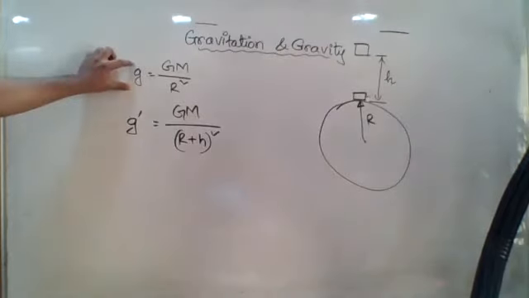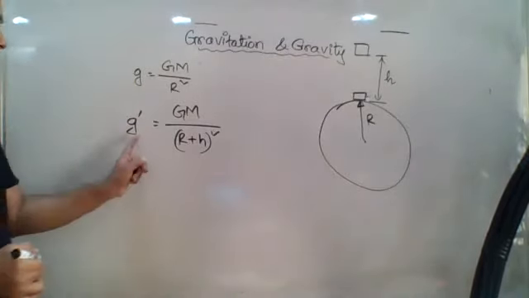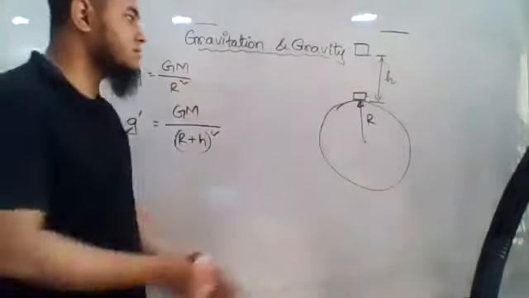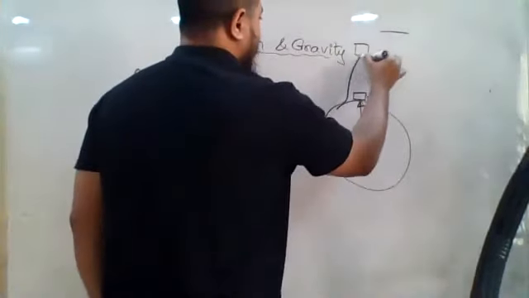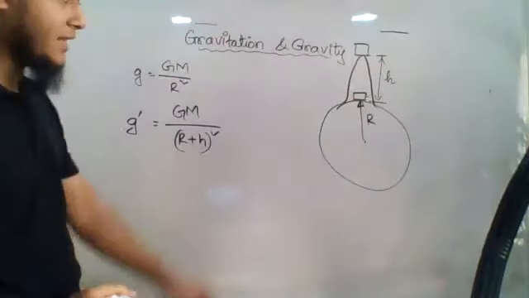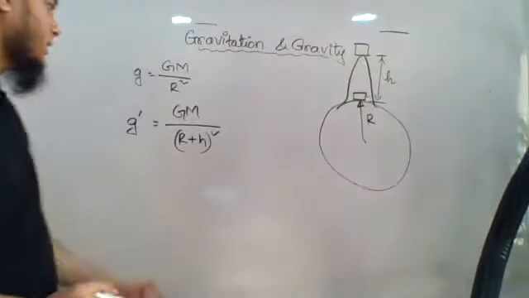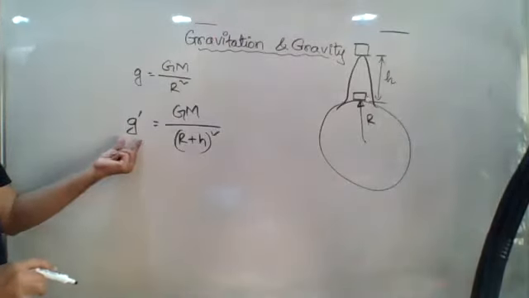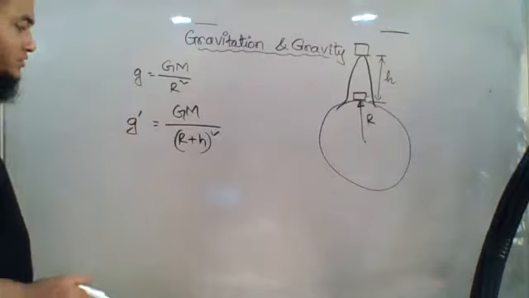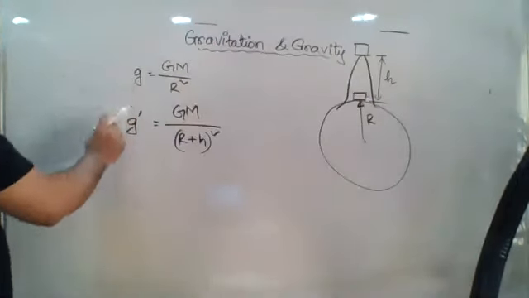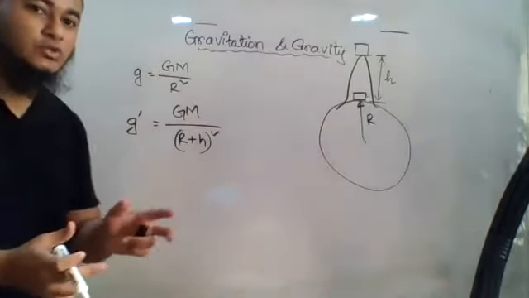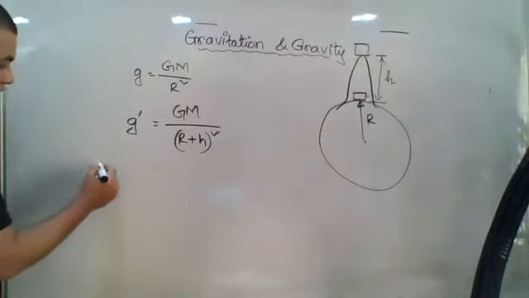This is the value of g on the ground level, and this is the value of g on the mountain, or let us say at some certain height. If we consider that there is a mountain here and we went up the mountain and h is the height of that mountain, then this will be the new value of g. We have represented it by g prime. Now let us try to find out a relationship between them. Let us try to develop an equation which relates these two. How can we do that?